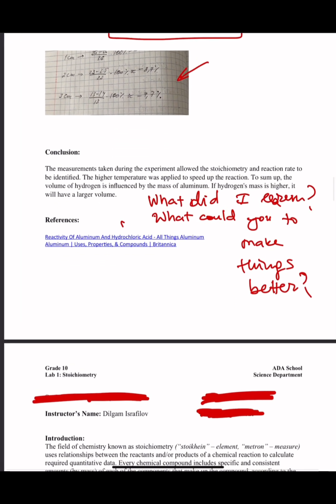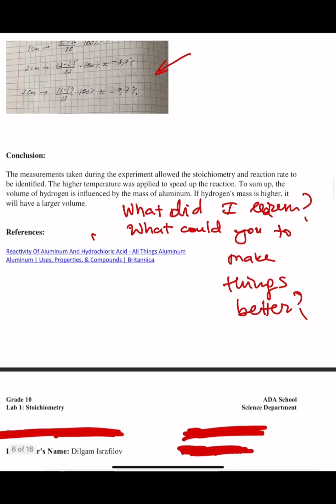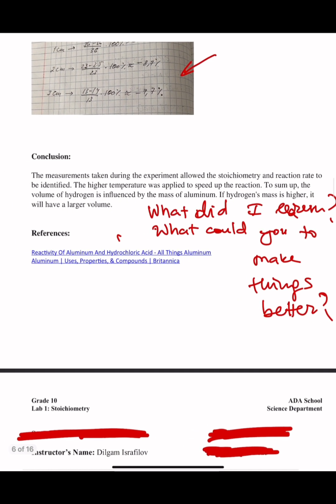Now, the measurement taken during the experiment allowed the stoichiometry and reaction rate to be identified. The higher temperature was applied to speed up the reaction. To sum up, the volume of hydrogen is influenced by mass of aluminum. If hydrogen mass is higher, it will have a larger volume. Now, this one, yes, they have talked about the trend, but what I can say here, they didn't